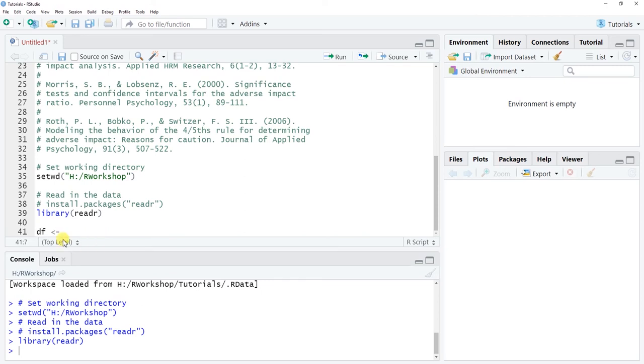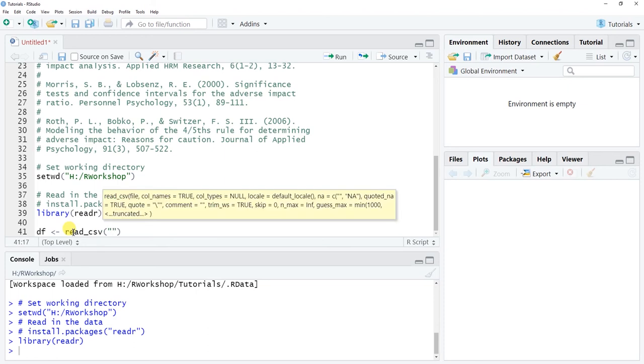That's my way of just brief annotation that's fairly conventional for a data frame. And I'm using the left-handed arrow so that I can assign the data file to this data frame object here that I can subsequently reference. Okay, so to the right of the left-handed arrow, I'm going to type in read_csv. And the exact name of the file is DisparateImpact.csv, or at least that's the name of the file that